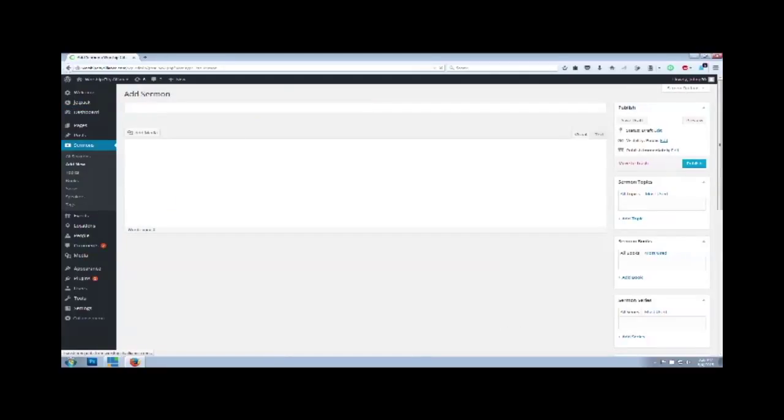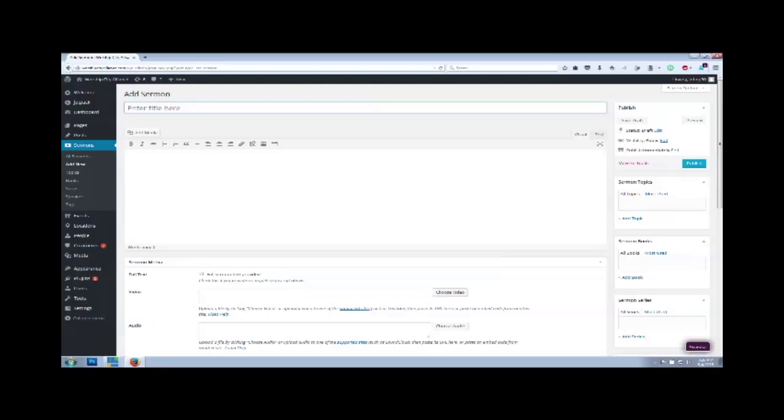Okay, now this page will pop up. Up here, you can go ahead and put in the name of the speaker. Down here towards the bottom, it'll have the information to actually put in the audio for the sermon and stuff. So up here, we'll just type in the speaker name. Okay, and then down here, we'll show you how to go ahead and set up their picture so it shows